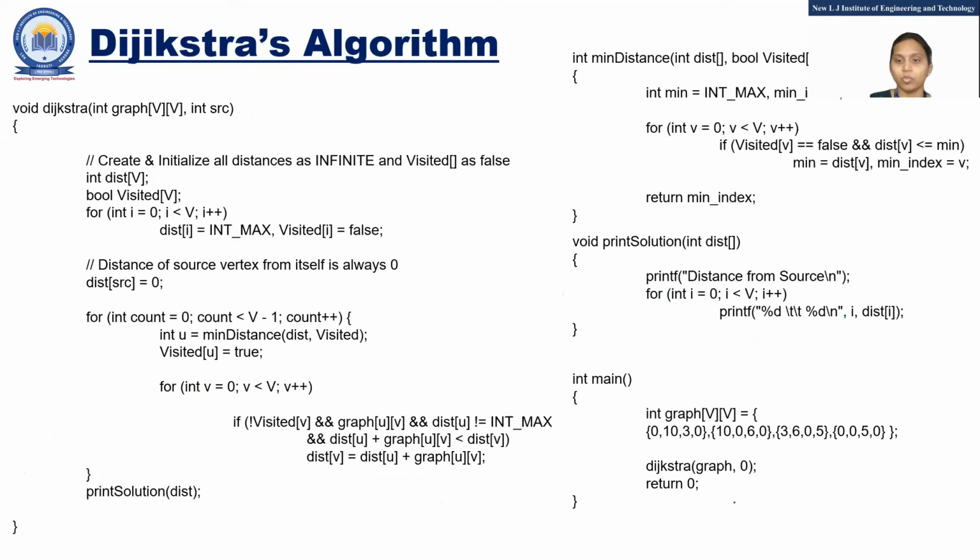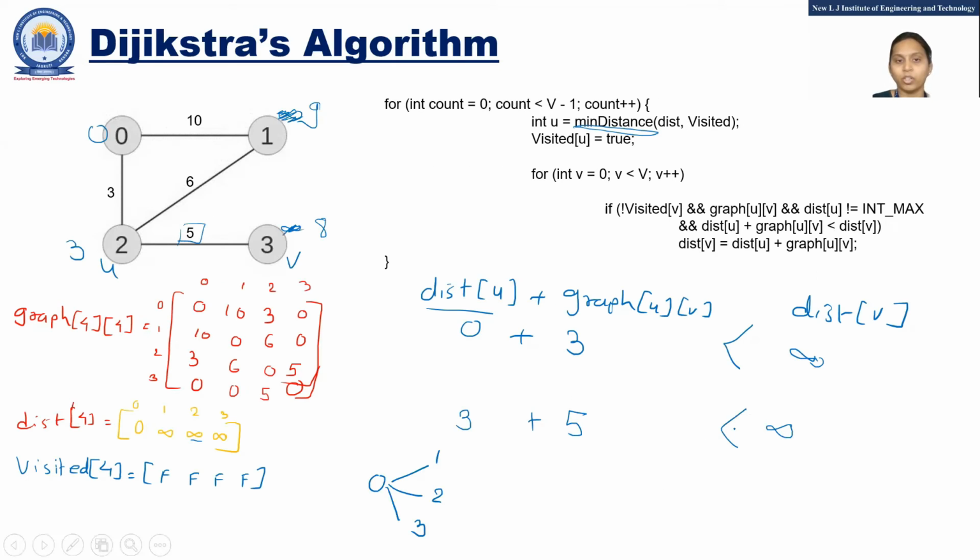You check here. The second argument is your source. Okay, so in this program we tried to find the shortest distance to reach node 1. After doing all the operations you will find the right value here. So here 0 to 1, what is the minimum distance? That is 9. Okay, so to reach node 2 the distance is 3, and to reach node 3 it is 8. So finally you conclude that this is 9, 3 and 8.